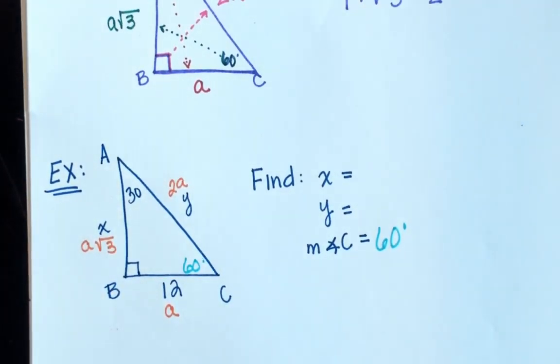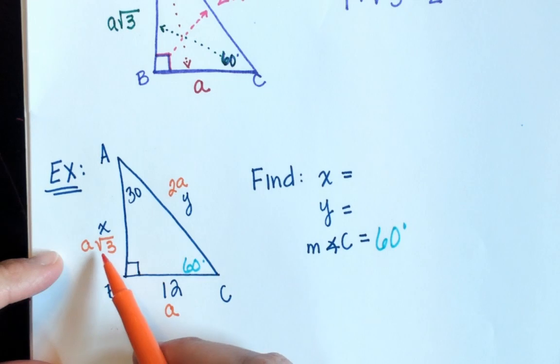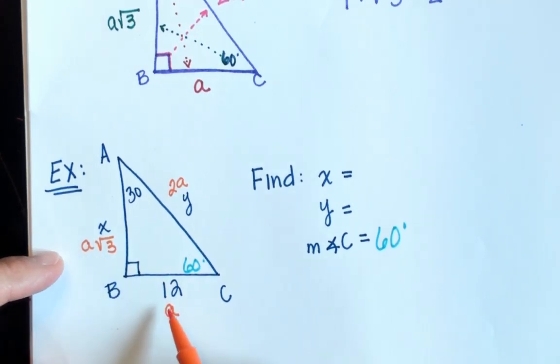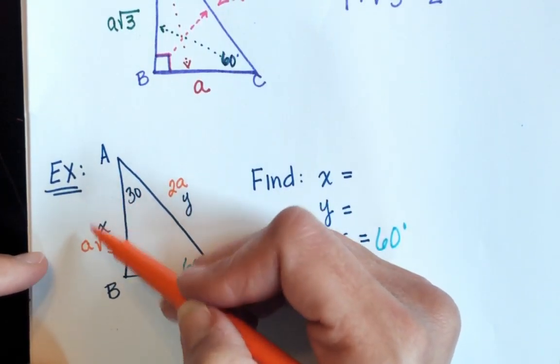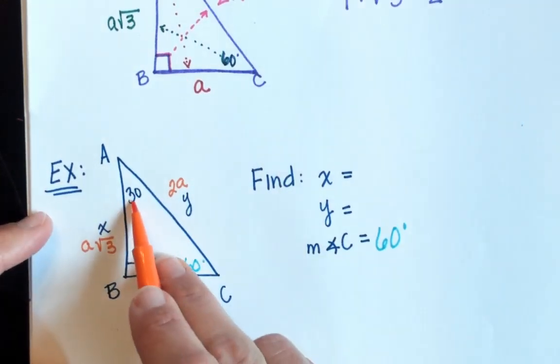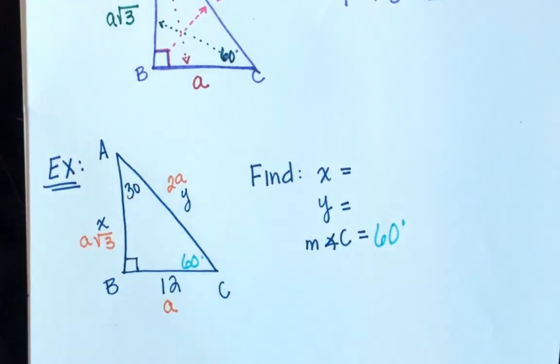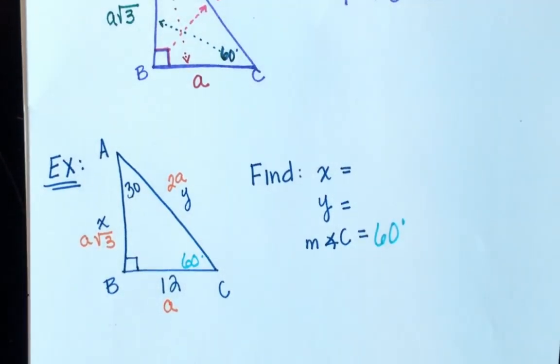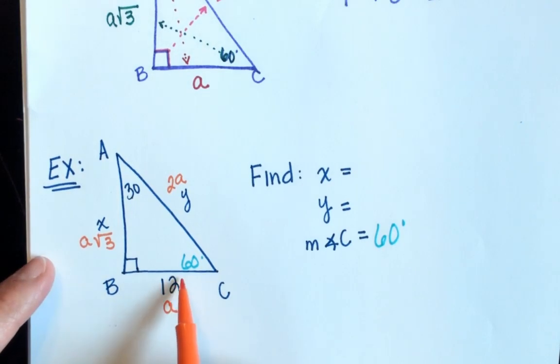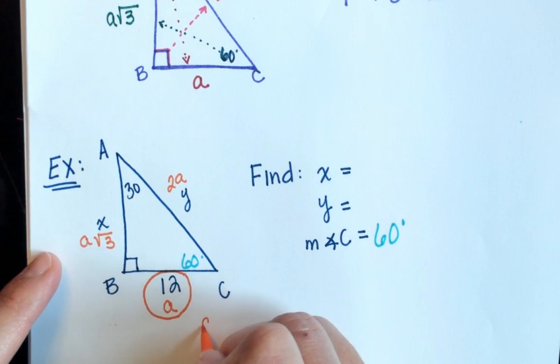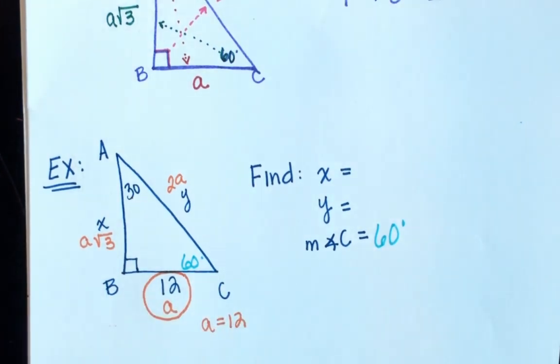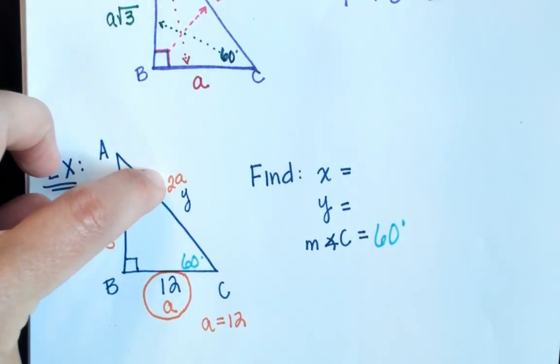Notice I keep saying opposite the angle, and that's because it's the most important concept. I'm not just putting A down here because it's at the bottom. I'm not putting the A radical 3 over here because it's at the left. It's because it's opposite the angles, and we've done a lot with that. At this point, every step is the same as what we just got done doing. We find the side that has the value and the formula. We set them equal to each other,